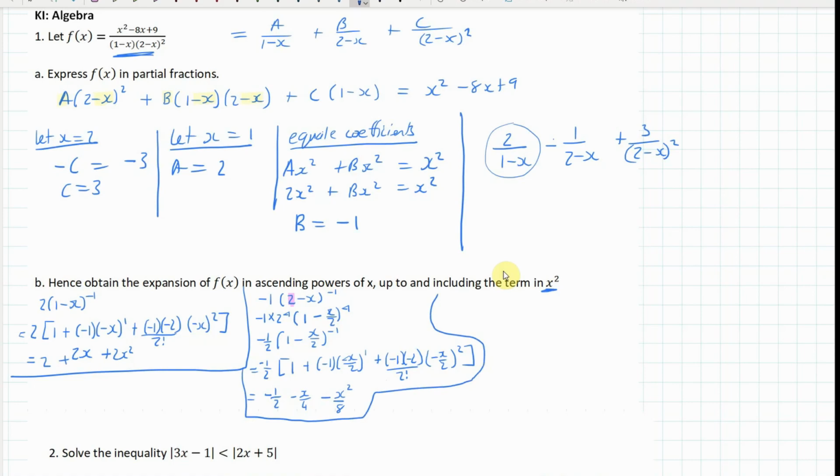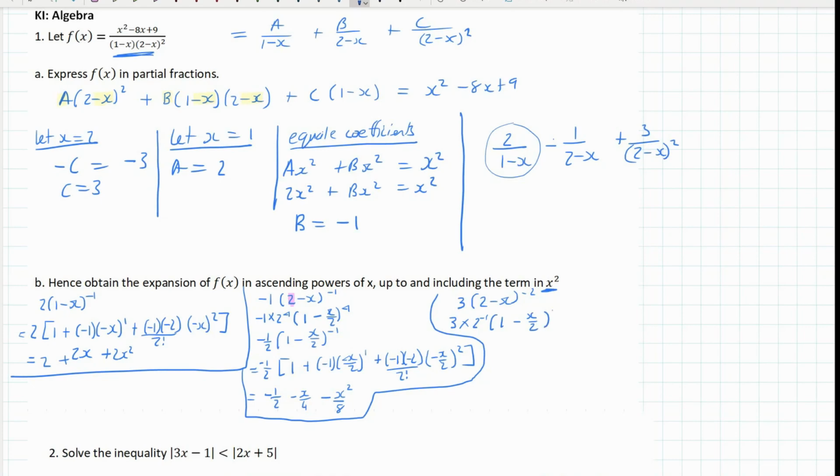Now the last one is this one here. Whoops, that was meant to be a highlighter, but you get the general idea, that one there. So we write that as 3 bracket 2 minus x to the power of negative 2. And we want to take that 2 out so that we've got 1 is that first numeral there. So 3 times, I take the 2 out, again 2 to the minus 1. And then in my brackets that will leave me with 1 minus x over 2